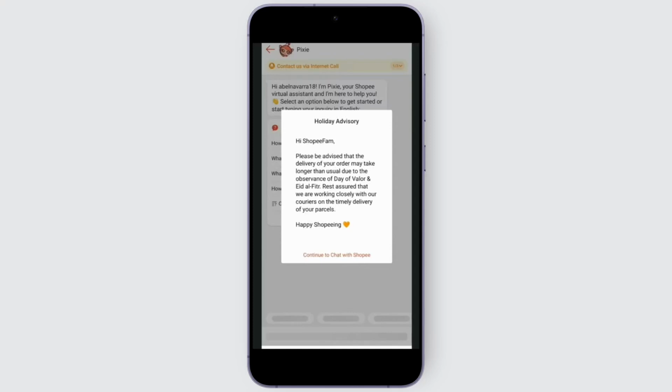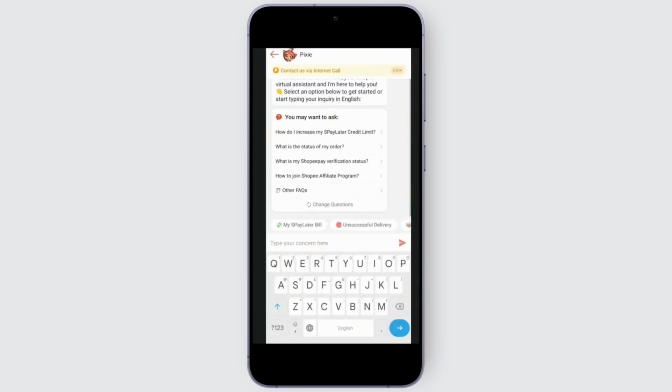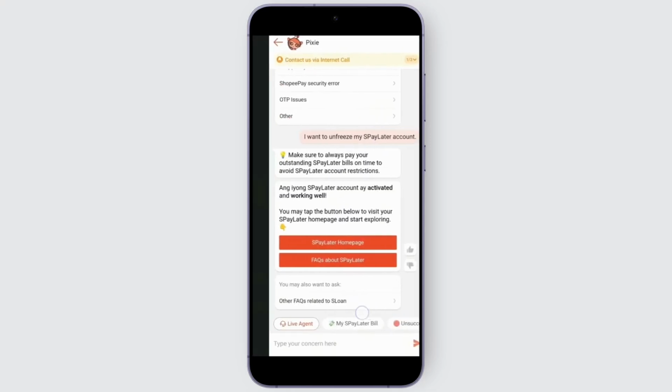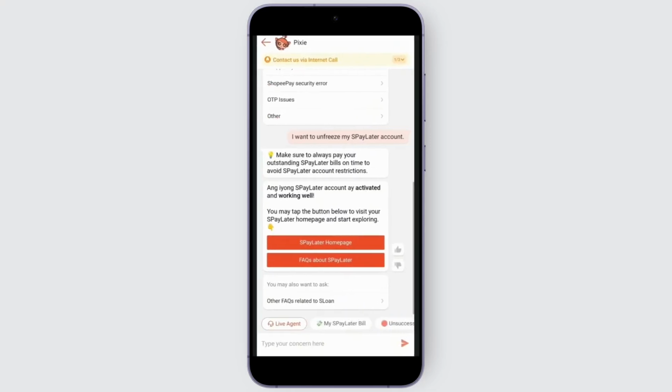Shopee very easily. Just continue to chat with Shopee, and there tell them about your problem, your concern, like how you want to unfreeze your Spaylater account. Just type in your problem there and type in I want to unfreeze my Spaylater account, and if your account is frozen, they will give you solutions, and they will also try helping you fix the issue of your account being frozen on Spaylater. So therefore, just follow that method and you should be able to unfreeze your Spaylater account